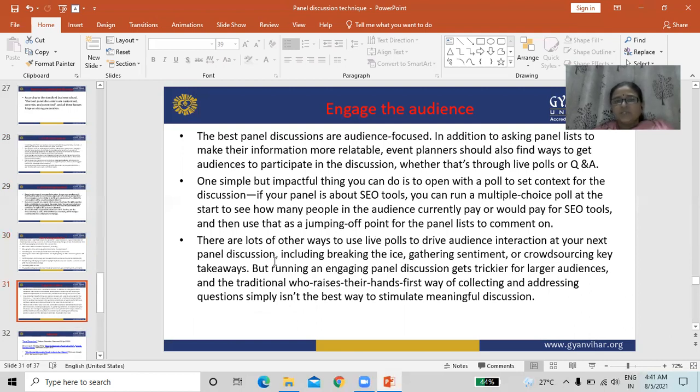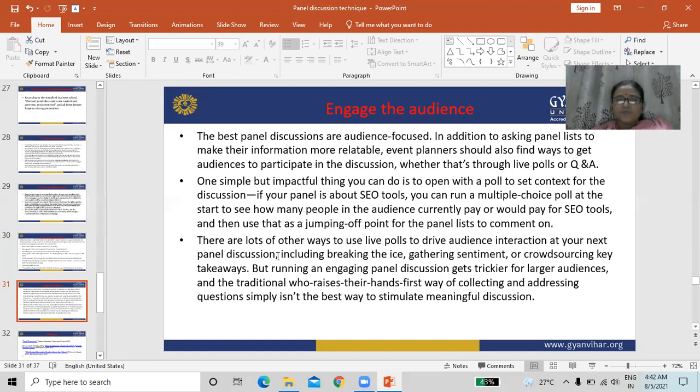The best panel discussions are audience focused. In addition, asking the audience and listening to them makes the panel's information more reliable. Event planners should also find a way to get the audience to participate in the discussion, with live polls or question and answer. One of the simplest but most impactful things you can do is to open with a poll to set